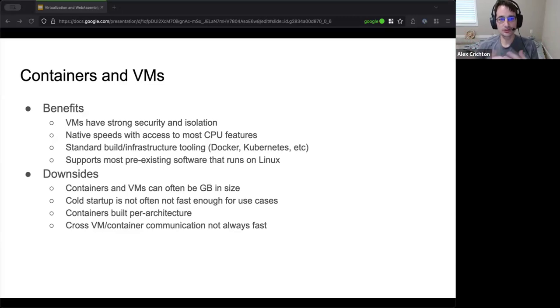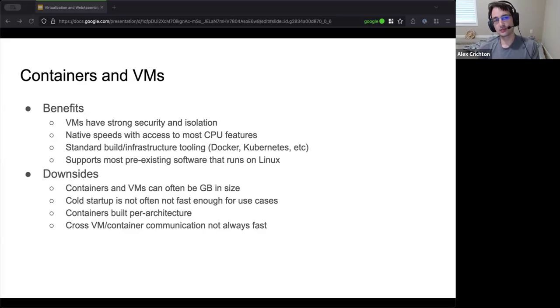And then there's a nice suite of standardized tooling. Most folks use Docker, Kubernetes, or various things around OCI and stuff like that. So it's a generally standard ecosystem. And if your software currently runs in Linux on your local machine, it's probably going to run inside of a container. I know there are virtual machines you can run, I mean, Windows and macOS and all that stuff, but containers at least are much more bound to Linux.